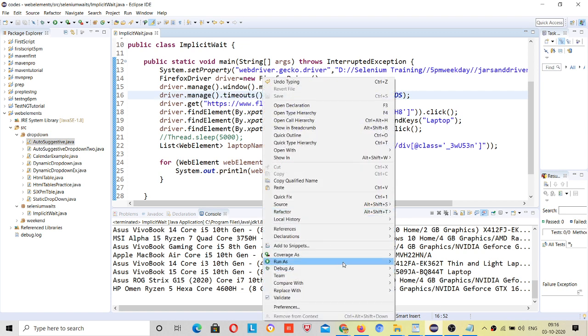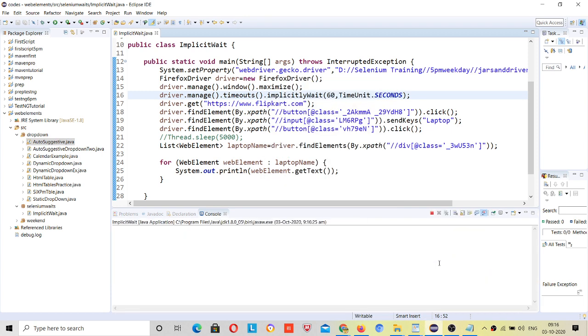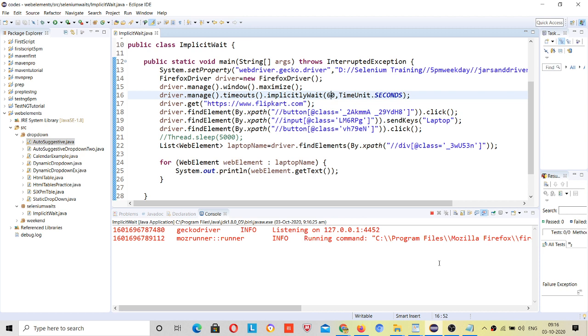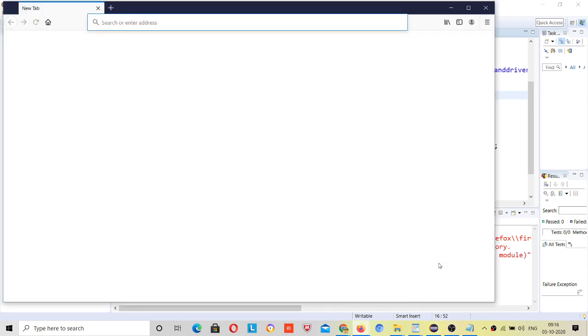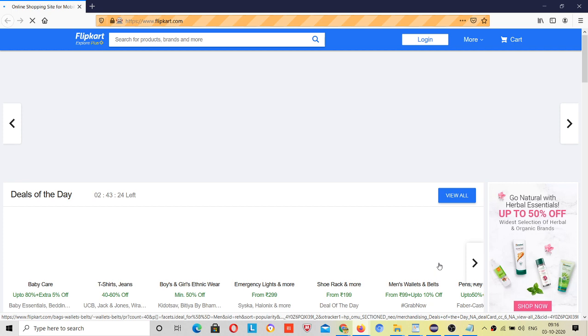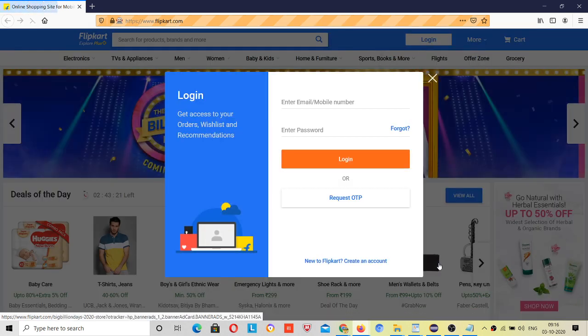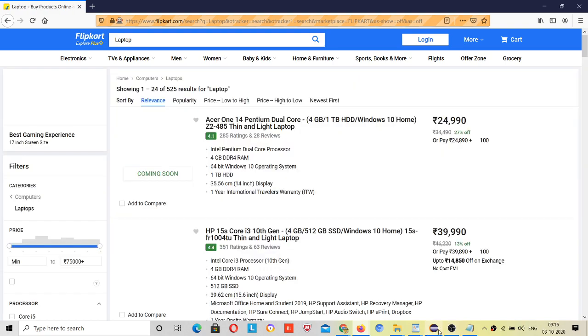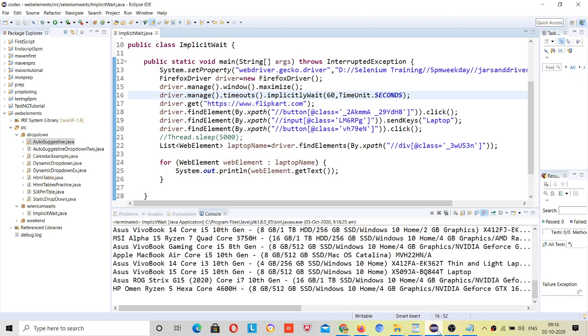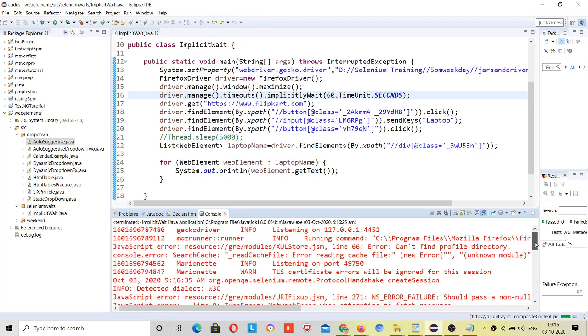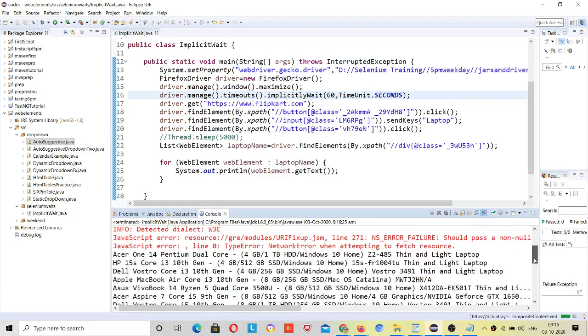Let me run this script. Now it printed, and we have still not completed our 60 seconds, but it has printed. What it means is that implicit wait is now saving your time.